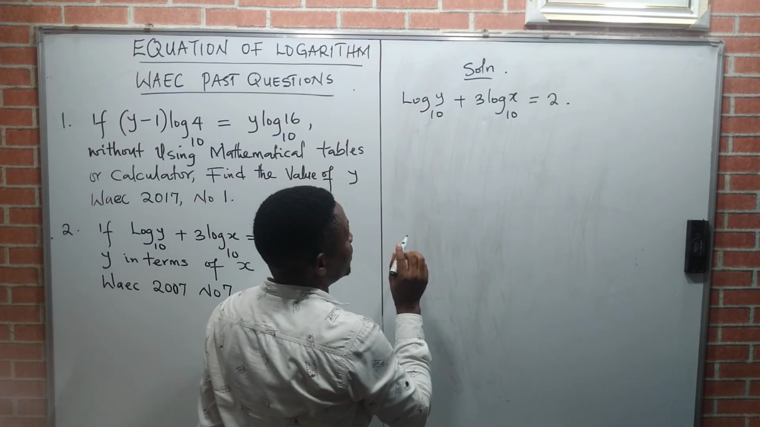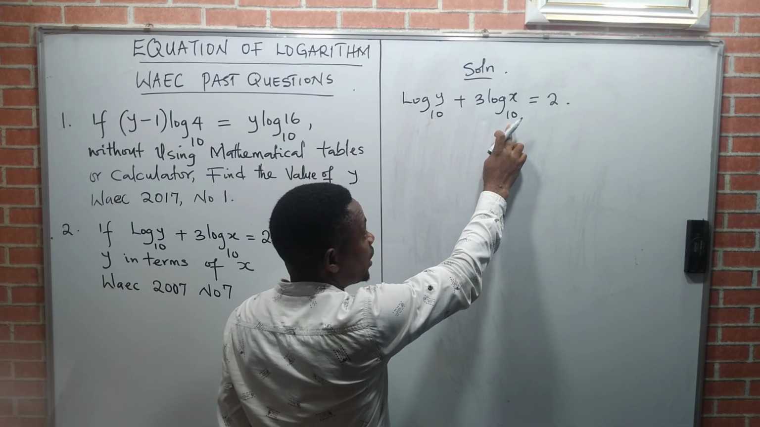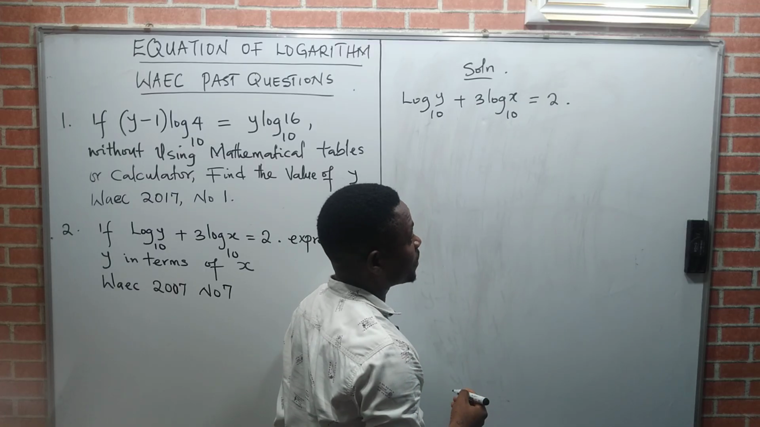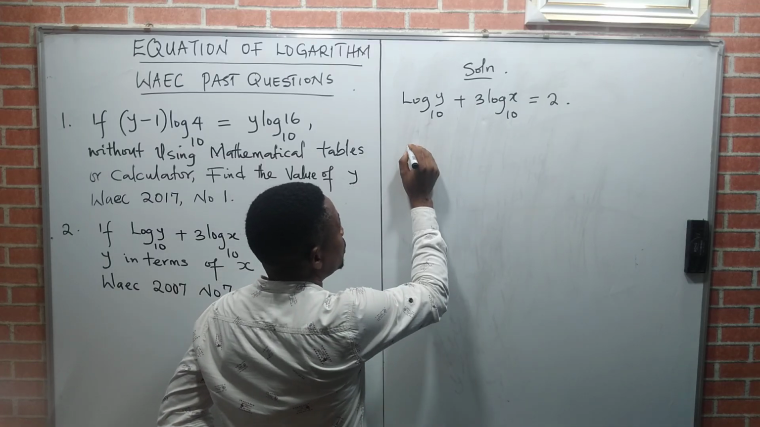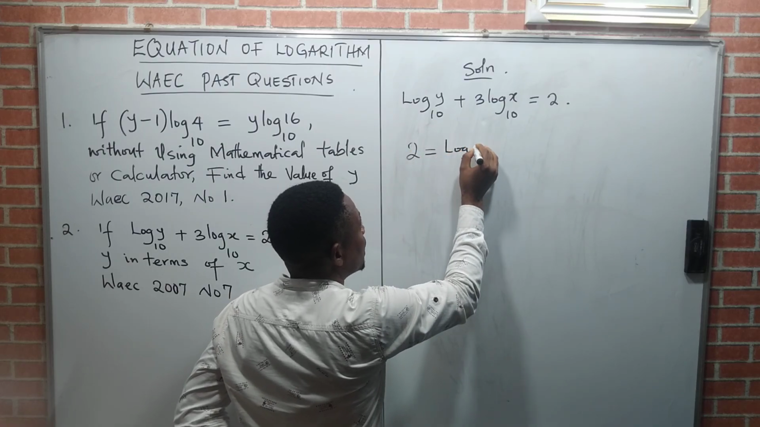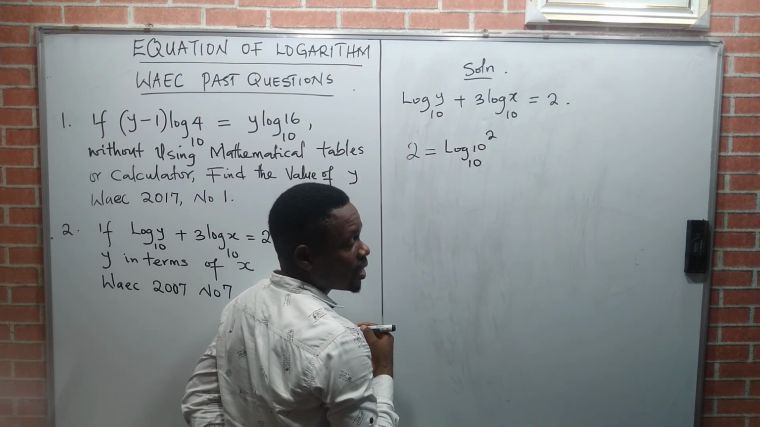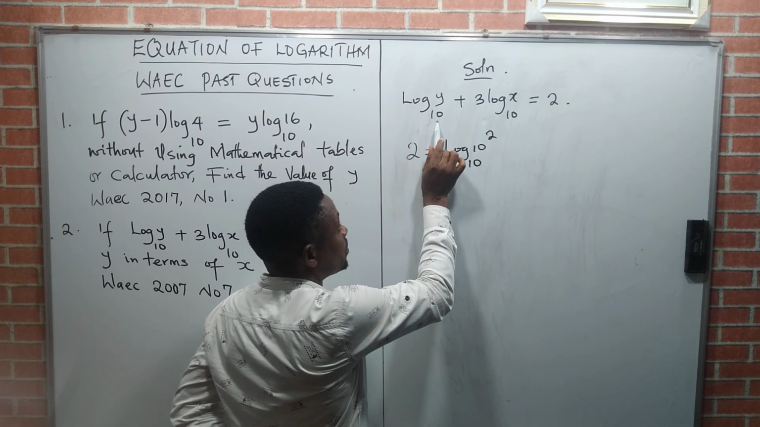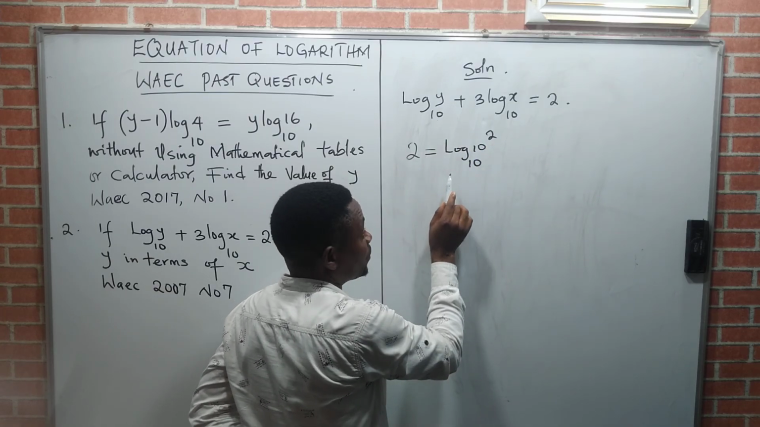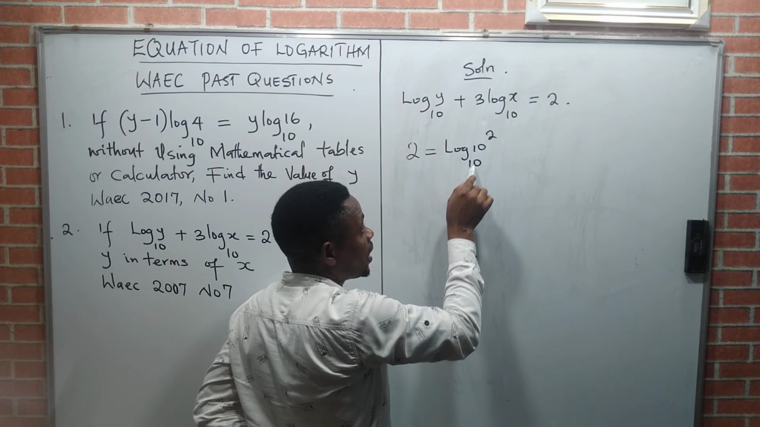Then the second one is this. This log is to base 10. This log is also to base 10. So which means to the right, also convert it to log to the base 10. How do we do it? I want you to watch. Another way of writing 2 is log 10 base 10 raised to the power of 2. How? Since it is in base 10 and also in base 10, for you to convert these two to logarithm, you must introduce log 10 to the base, which is also 10, and raise that